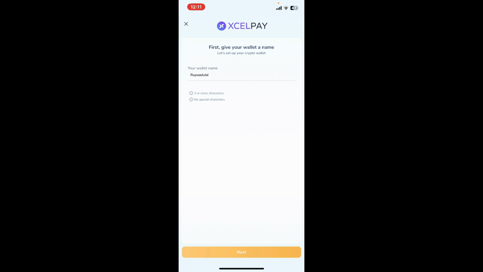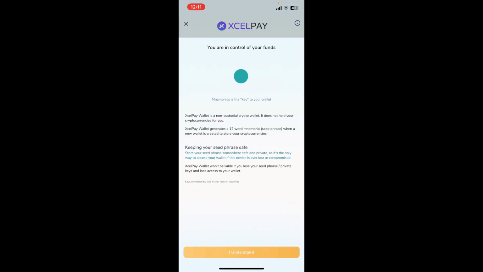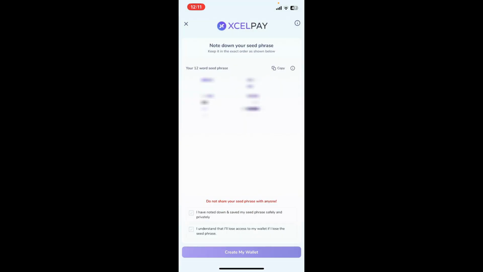Once you give the wallet a name, tap on Next at the bottom and go through the information that pops up on the display. In the next page, you will be able to reveal your seed phrases. Remember to keep your seed phrases somewhere safe and private, and make sure no one gets hold of your seed phrases. Tap on I understand at the bottom and you will then see your 12-word seed phrases displayed on